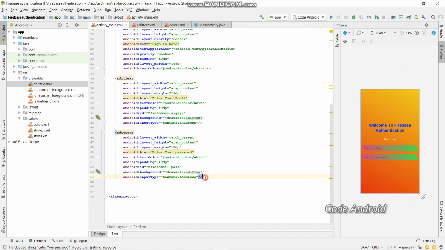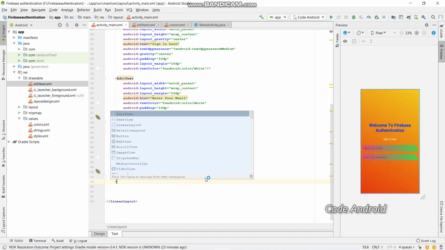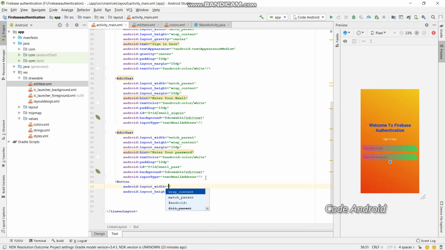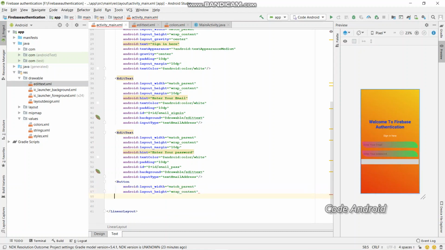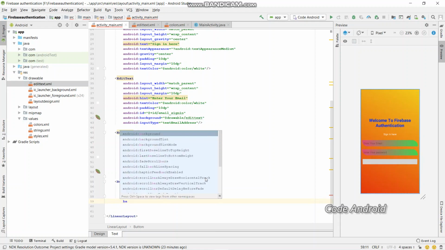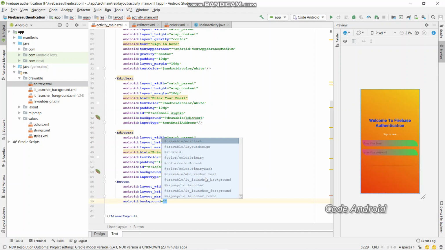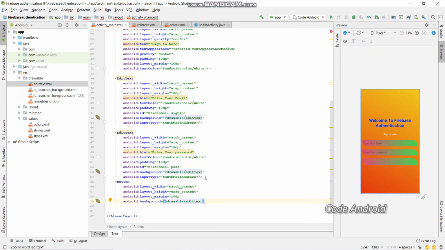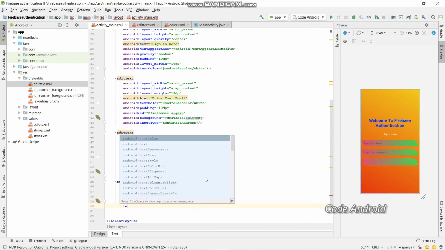Now we need one button. Let the width be match parent and height be wrap content, and apply layout margin as 10 dp and background be edit text, and the text here be